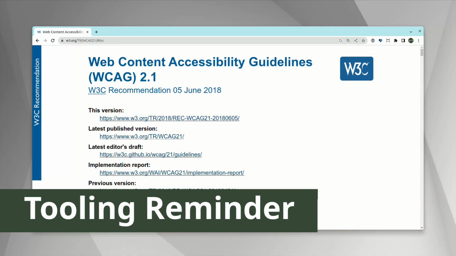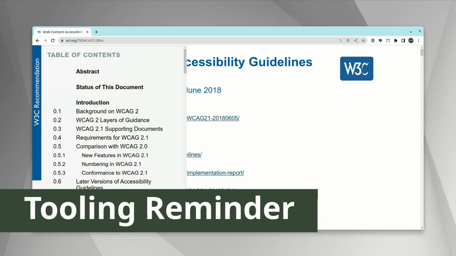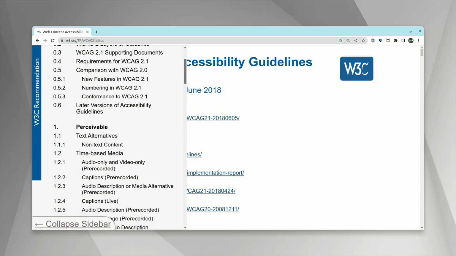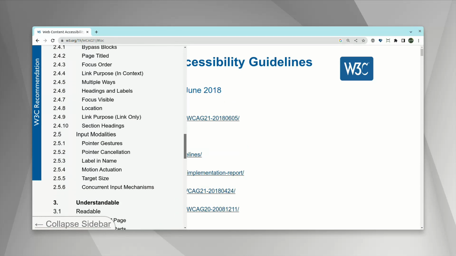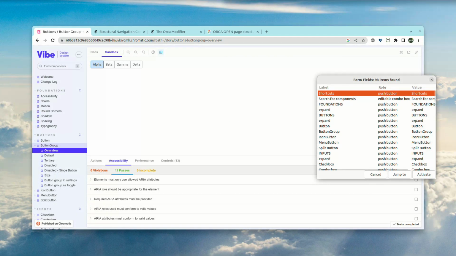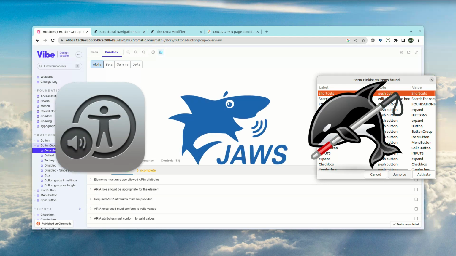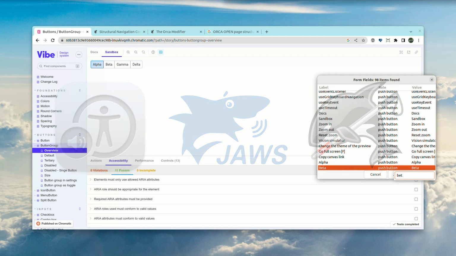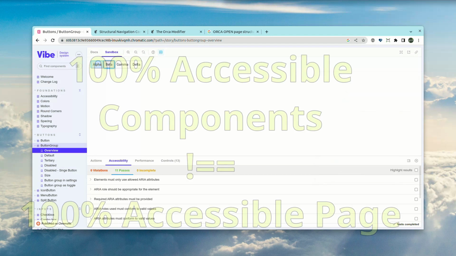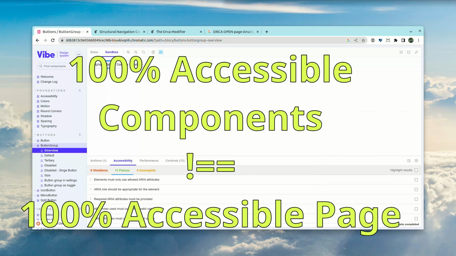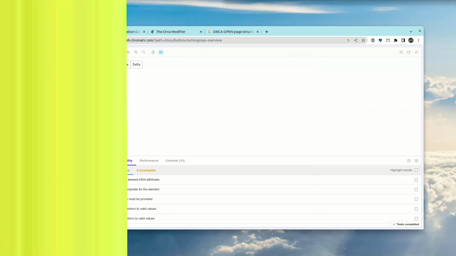The tools we have looked at today can help you with your site's accessibility, but remember only about 30% of the WCAG criteria can be tested automatically. The rest involves manual testing. You must test with assistive technology and only using keyboard. In addition, if your company has the budget, test with actual users who have disabilities. A page built from accessible components does not mean that your page is 100% accessible.